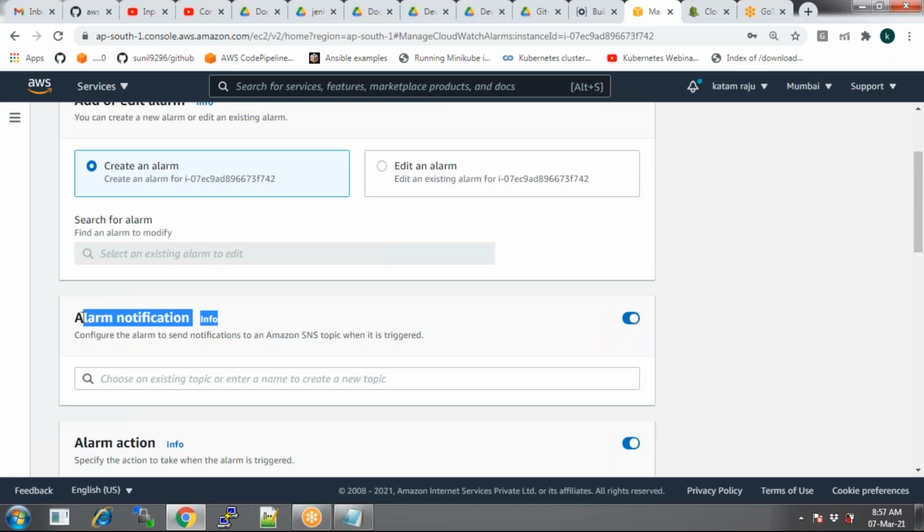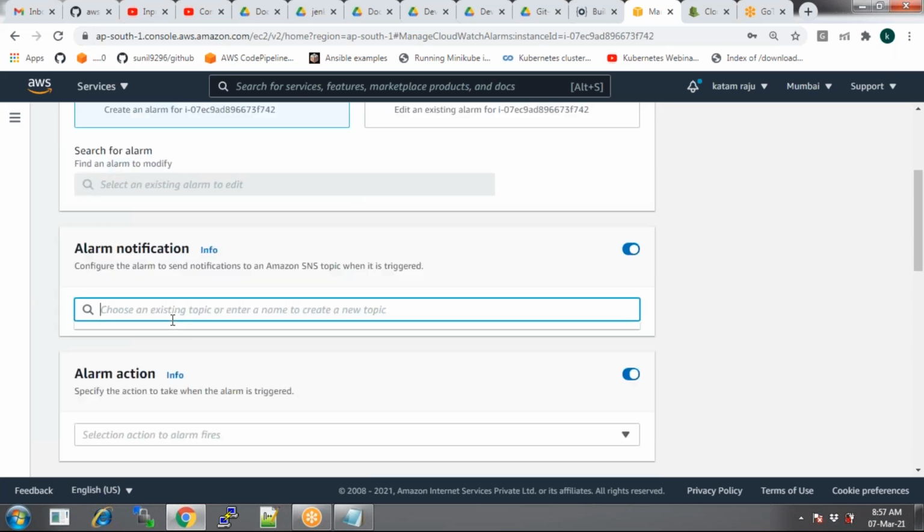If you want to send a notification, to what email ID do you want to send it? Enter the email ID over here. But do you see any email ID? No, right? If the email ID is already available, then I can select it. That means email IDs must be registered within your account first.